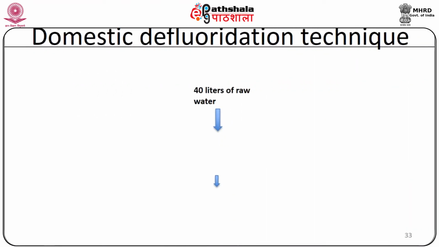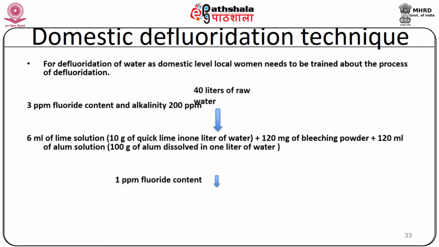Domestic defluoridation technique is also there. Say, for example, if you want to purify 40 liters of raw water for defluoridation of water at domestic level, first of all the local women need to be trained about the process of defluoridation. And suppose 40 liters of raw water containing 3 ppm, parts per million, fluoride content, and alkalinity of